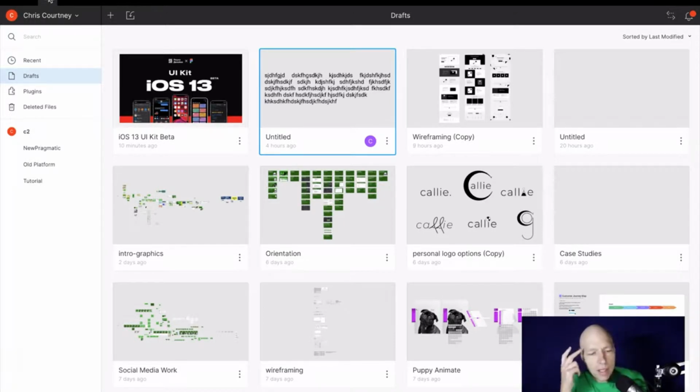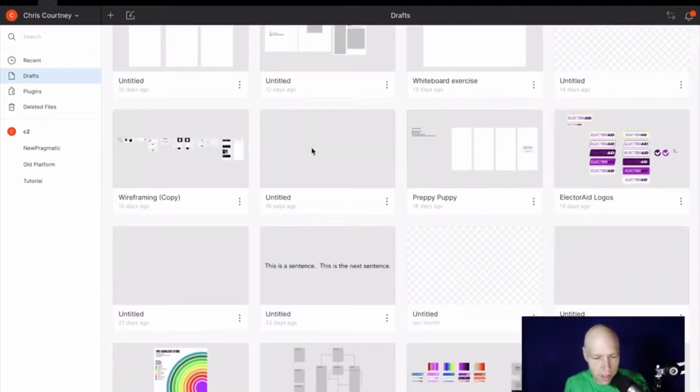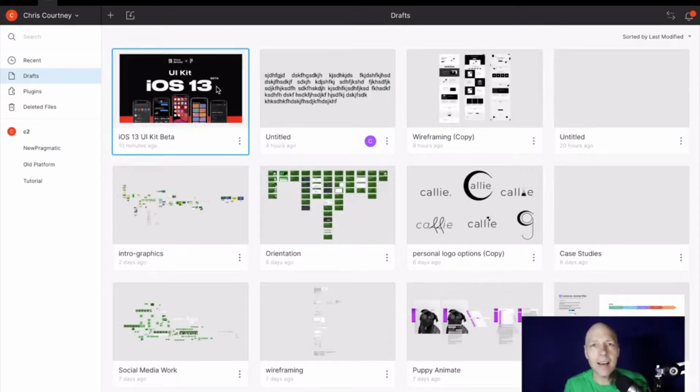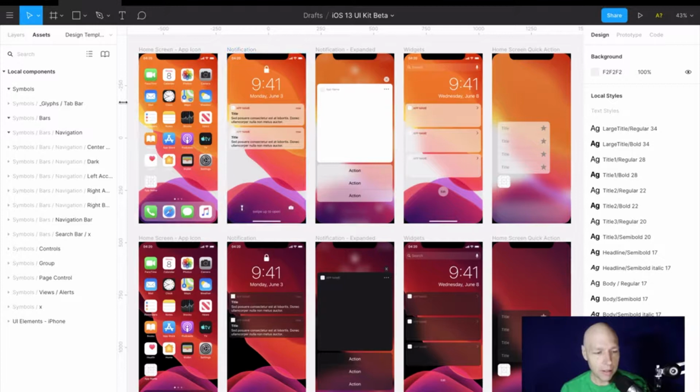But in looking at this collection of files over here in drafts, you'll notice that this wireframing kit has a nice display to it. It's so much better than really any of this other junk. Why is that? Why does that have a nice display by comparison to some of the other files here? I wanted to jump into that, and you can see as I open it,